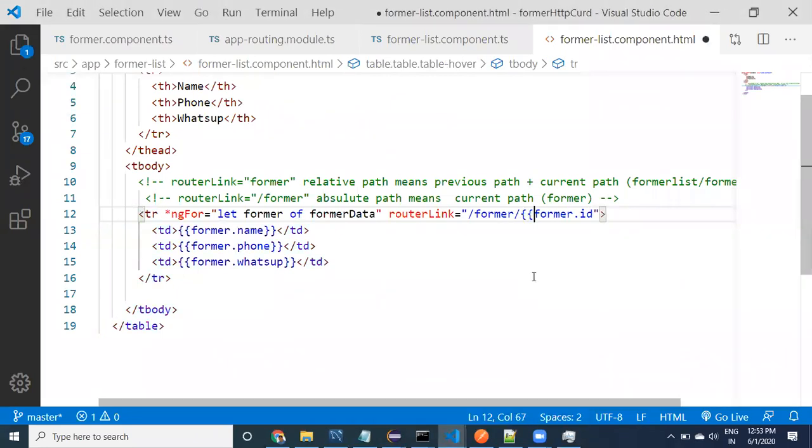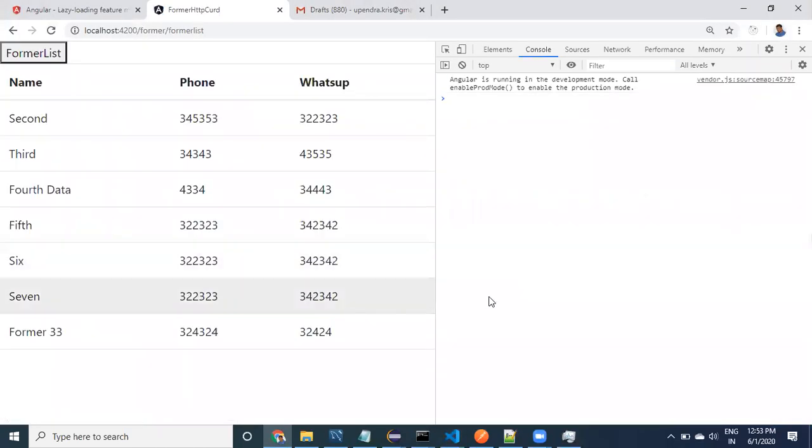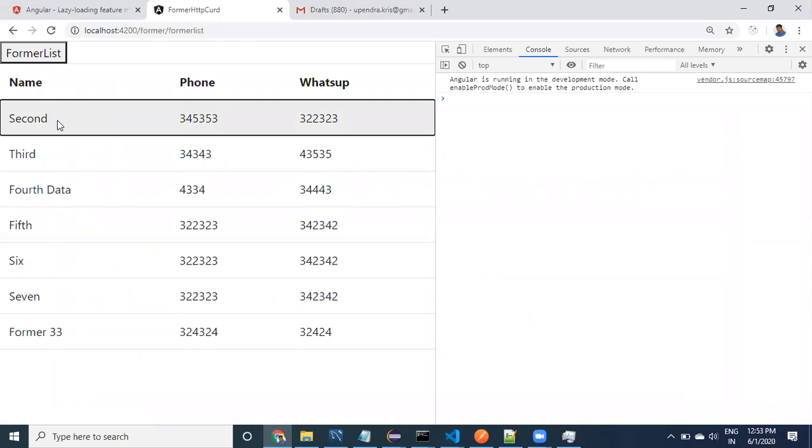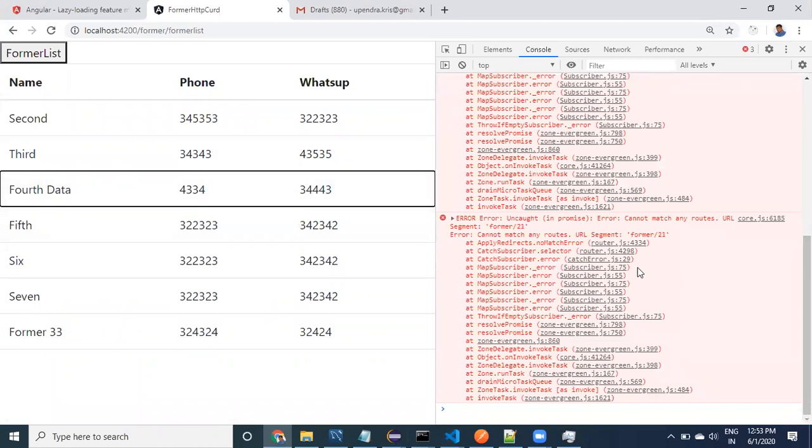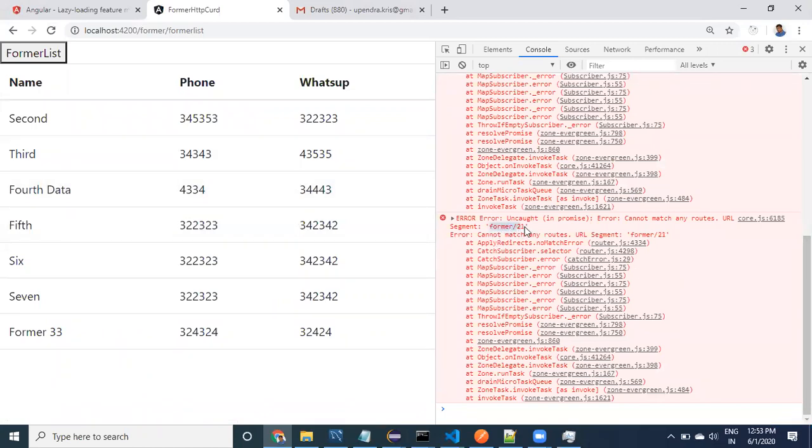let us provide something like this, string interpolation. Try to use this string interpolation. Okay, click on this one. If I click here, one problem solved. We are getting slash 21, so we are able to pass the data now. Good, but whenever we pass this data with this URL, there is no route to match.